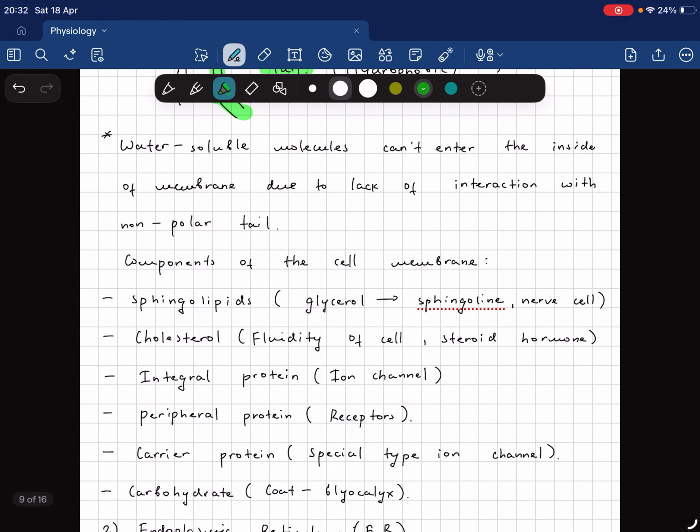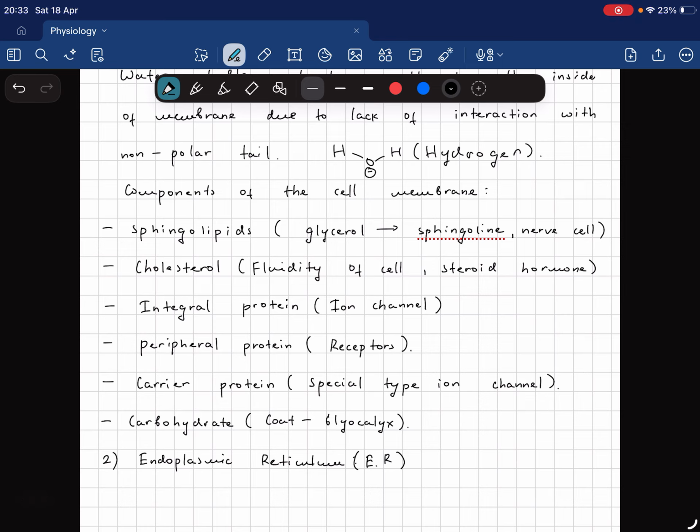For example, let's say water-soluble molecules. What's the definition of dissolving? If I talk about the process of dissolving a water molecule, you know the water molecule, right? H2O, and it has hydrogen bonding actually. So if it attracts well with the oxygen molecule, it can dissolve. Okay? Now I'm going to talk about the components of the cell membrane,